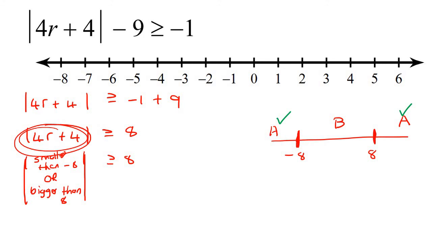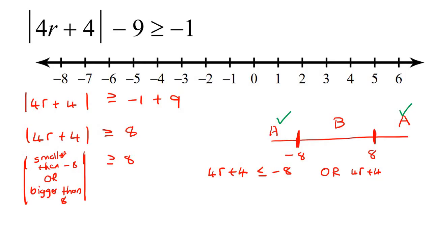So now we need to go take whatever's inside the absolute value, which is 4r plus 4, and we can say that it must be smaller than minus 8, but we're actually going to say smaller than or equal to minus 8, because there's an equal to sign in all of these. Okay, so that takes care of these numbers, because those are smaller than minus 8. Then we say or, and then we say the 4r plus 4 can also be any number bigger than 8. So we can say bigger than, but we'll say also equal to 8. And that takes care of all of these numbers. So we took care of the minus 8 part over there, and now we're taking care of the 8 part over there. And now we're just going to go solve each of these